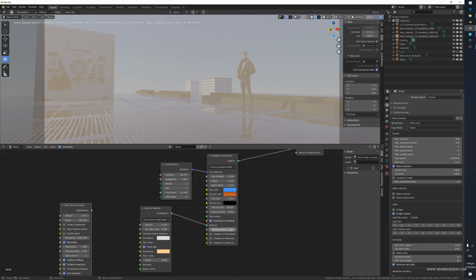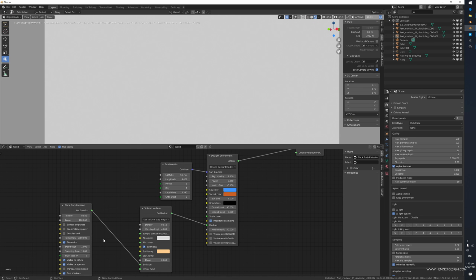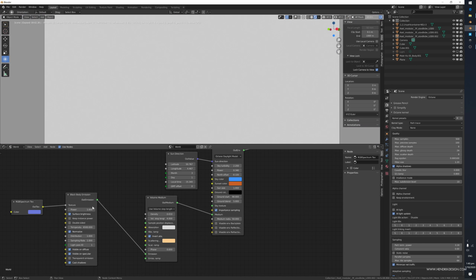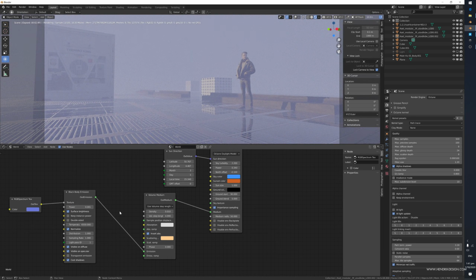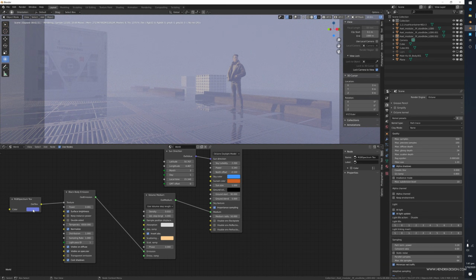So let's make this a bit darker and see what the emission does. Yeah, it completely blows it out. So if we add like an RGB texture into the black body emission and make this a different color, it should give us some sort of option. Yeah, so if we really turn down the power here to, like, again, a range that is crazy low,